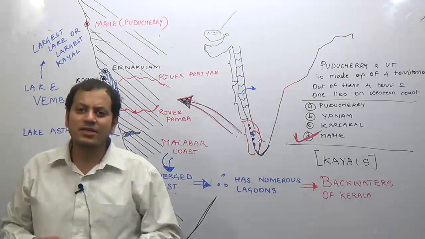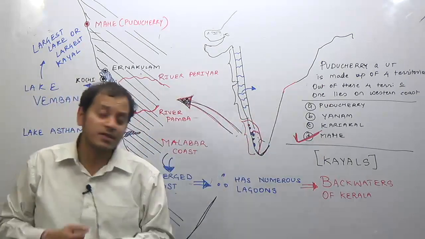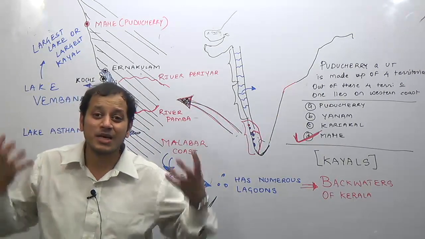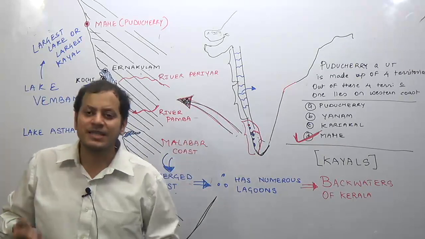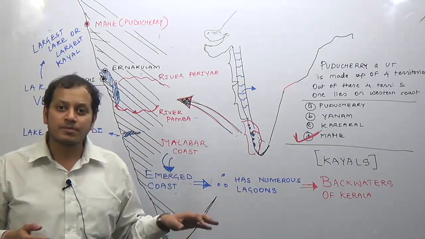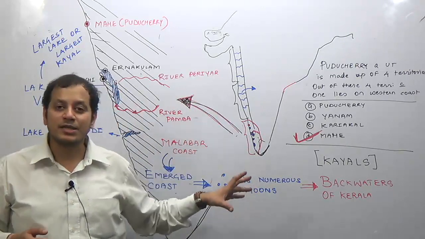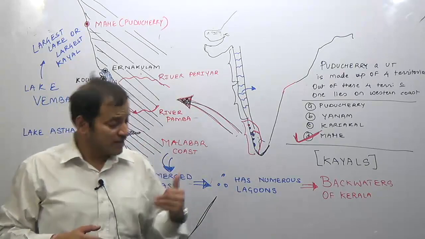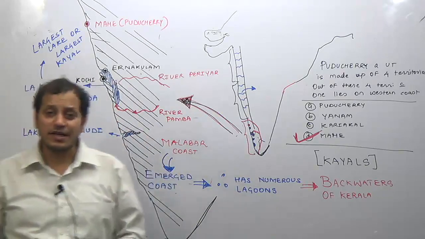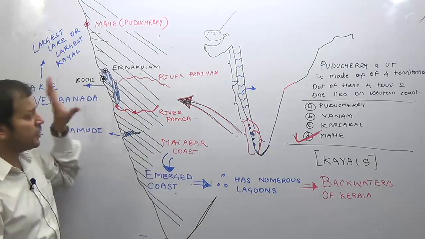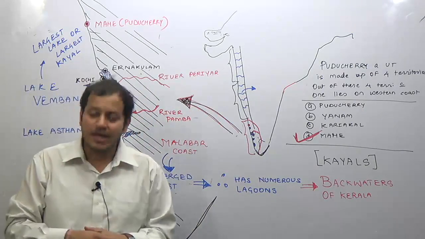While doing the eastern coast, we will look into detail where Yanam, Karaikal, and Puducherry proper are. What are these? These were French or Portuguese territory. Why are these union territories? Find out the answer yourself, or wait for the next lecture. So we'll meet in the next lecture with the eastern coast of India. Until we meet again, revise this part in much detail. Thank you very much.